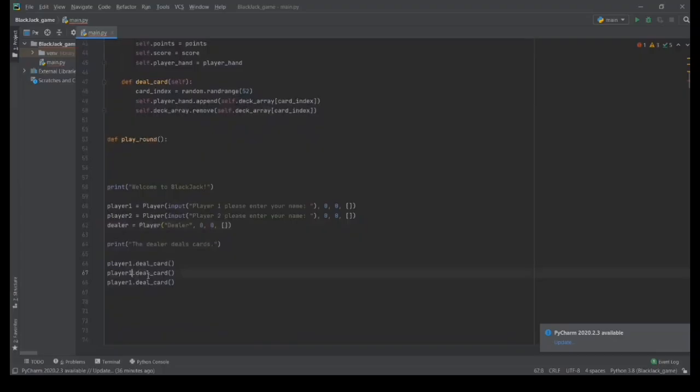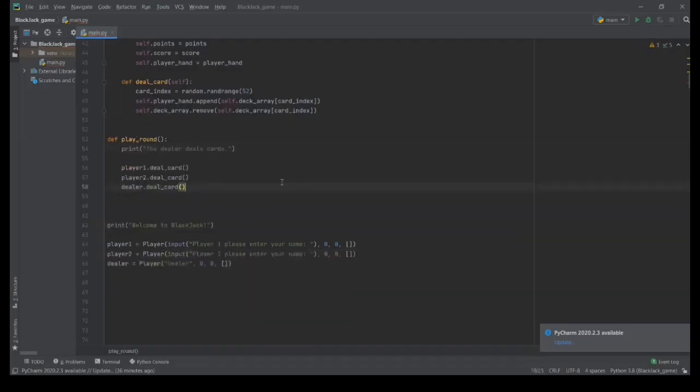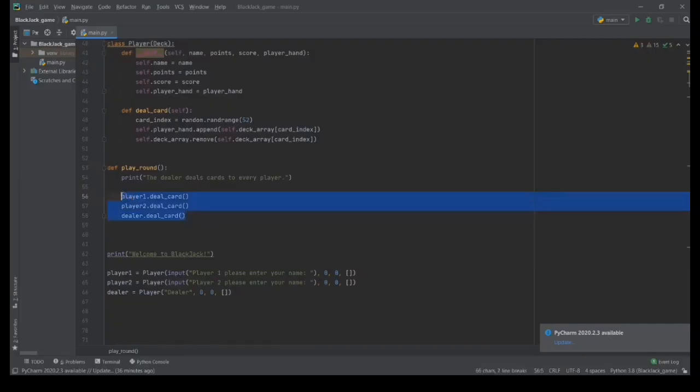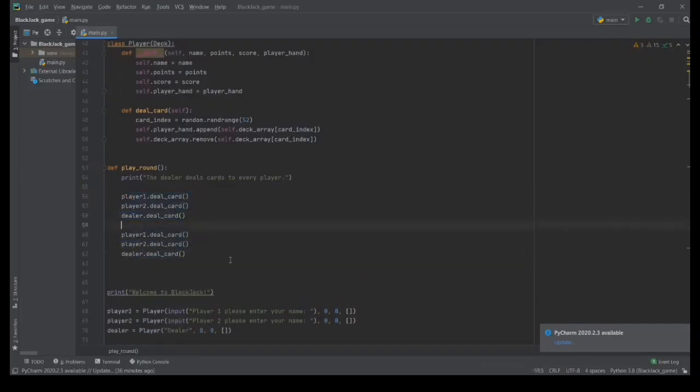Player 2, this will be dealer. This should all be in the play round function actually. So the dealer deals a card, or deals cards to every player. So he deals 2 cards to everyone. And his second card is